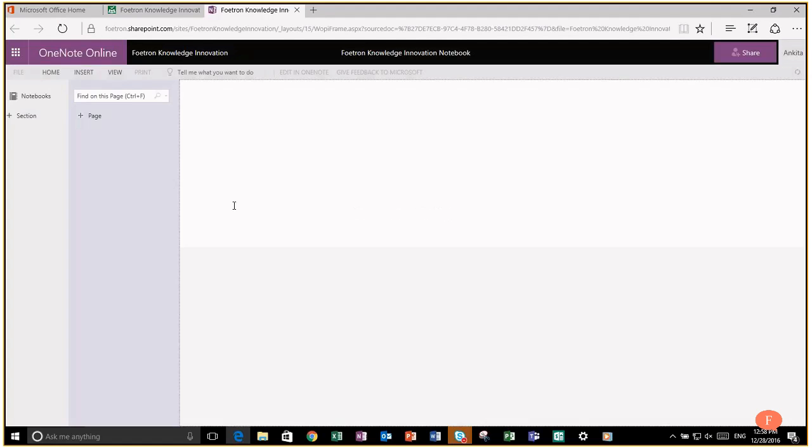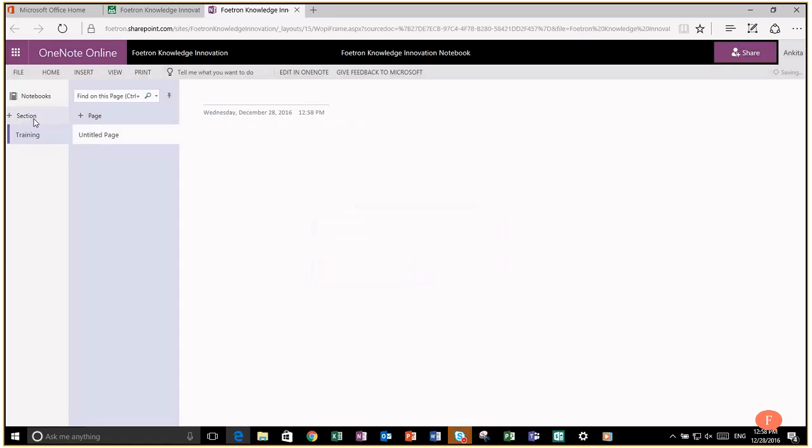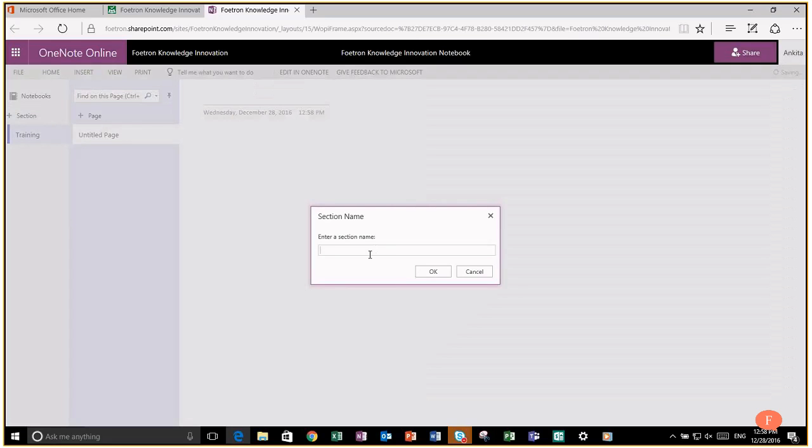Then finally there is this notebook, which is a wonderful feature because here we can simply sit and discuss everything which needs to be discussed. Right now, since I just created the plan, this notebook is empty. I can create a section based on the buckets also. So I want to have a section on training. Also, I can create a new section, for example a section on brainstorming